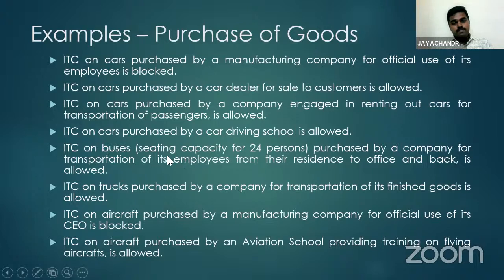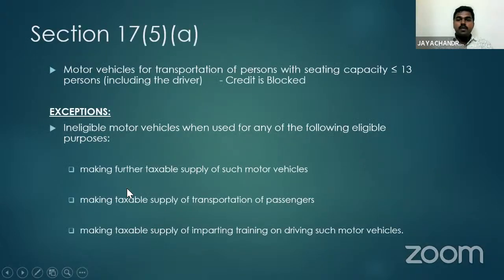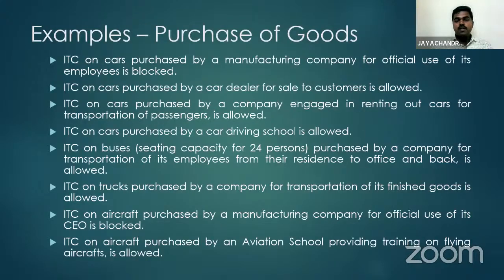ITC on buses. Buses means the seating capacity is more than 13, for transportation of employees, is allowed. ITC on trucks purchased by a company for transportation of its finished goods is allowed. Because trucks have a passenger capacity of less than 13 only, but since it is used for transportation of finished goods, the ITC